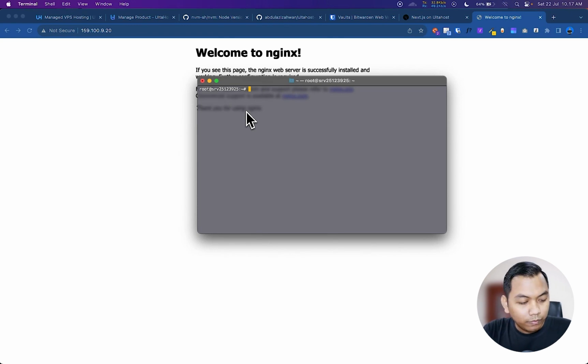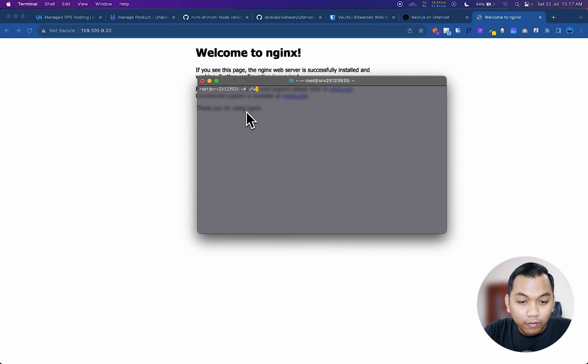Alright, so the next step, to make sure our server allows connections from SSH, we have to add a rule to our UFW.